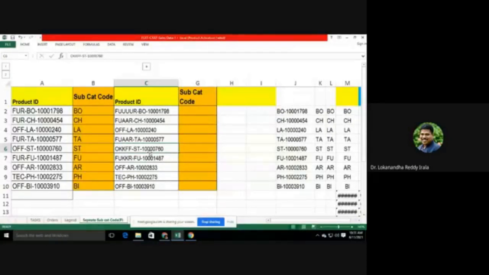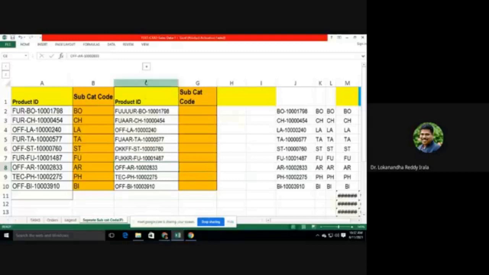Whenever you try to separate columns, that is a one-time activity. But if you write a formula and keep it in the cell, then it is a model, right? That option is there. But then, how to separate the PO using a formula, using a function or combination of functions.